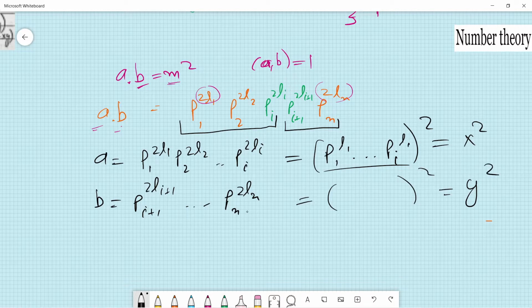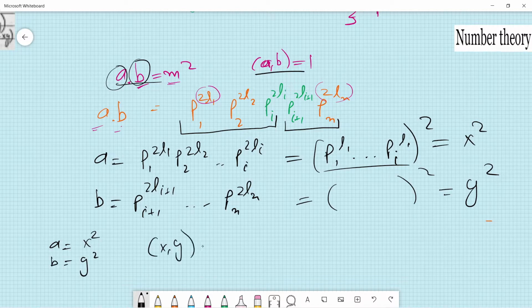So what we are getting here is, if the GCD is 1, these two will also be perfect squares. So a will be x squared and b will be y squared,